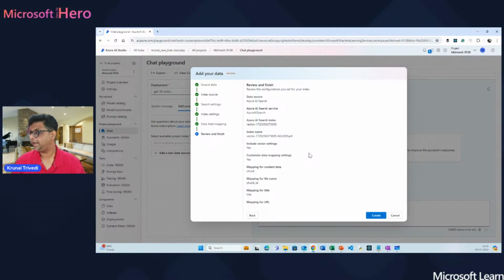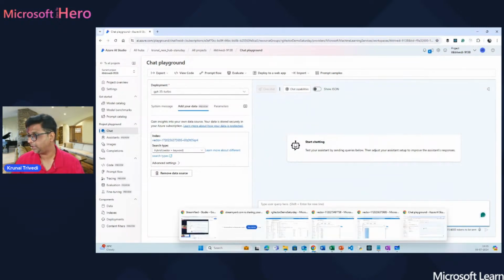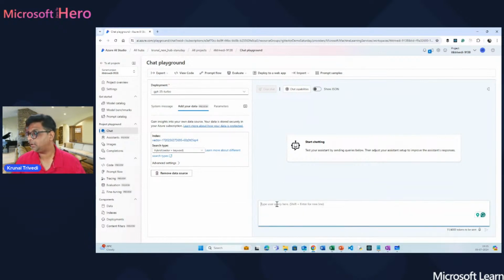Just creating the index, and it is there, right? Now, if I ask the question, initially when I ask the question, Northwind plan, where is it? I don't know where it went. But here you can see if I now say